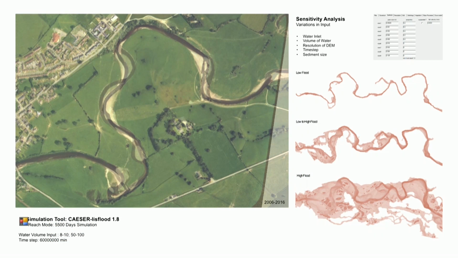And we usually use CAESAR as software for this. CAESAR is another software that works on the cellular automaton model, and it has certain variations that can be done in the parameters. For example, you can use the catchment mode, which is for rainfall data, or you can use the reach mode, which is basically the water that gets input into the stream itself.